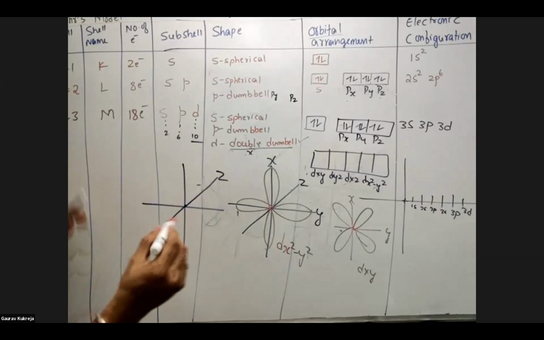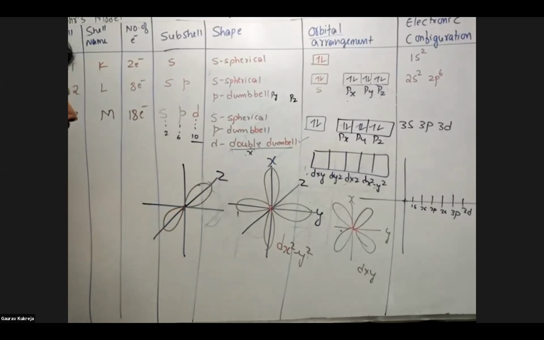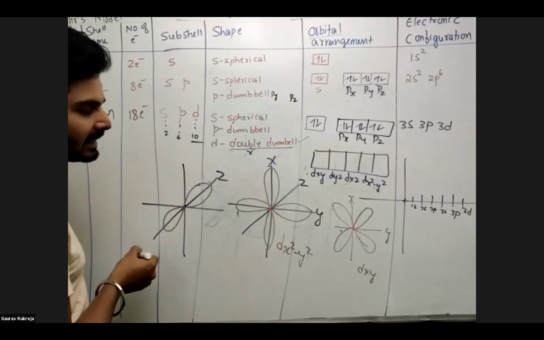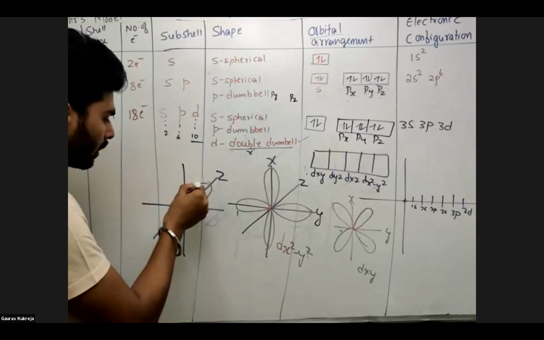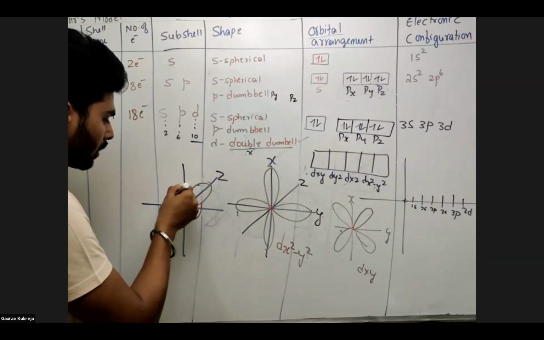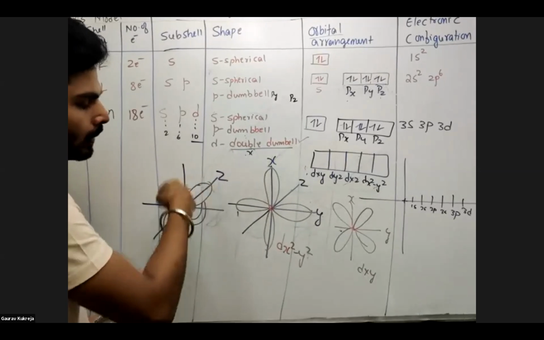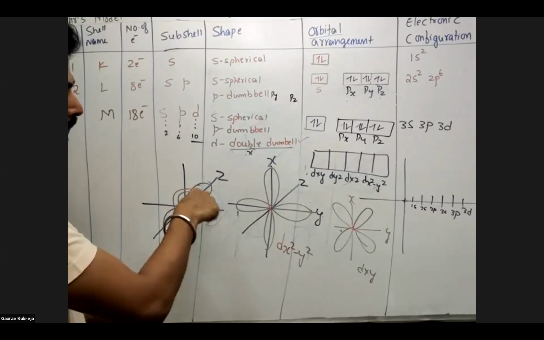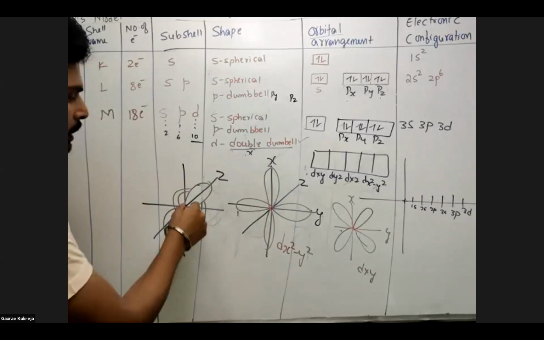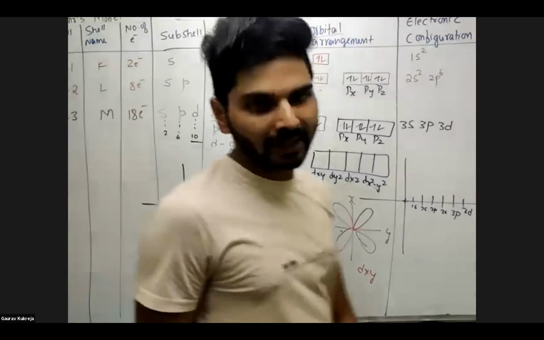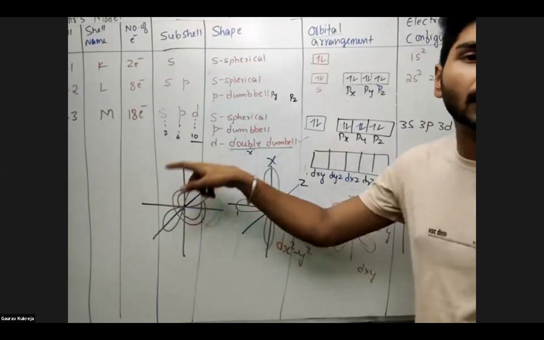So now what happens? Electron will revolve in a dumbbell manner like this. Since only one axis is left, one shape got created here and the other one will be like this. That means one dumbbell, and another like a tube, you know that swimming tube, tire-like stuff which is revolving around the Z axis. So the shape will be like this. Now you will be wondering whether it is double dumbbell. No, it is not double dumbbell. So one you can see is a dumbbell, but another is a circular tube type.